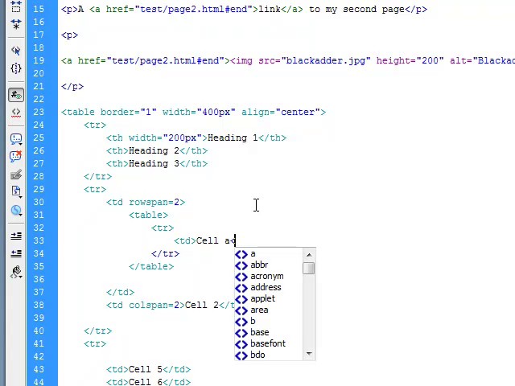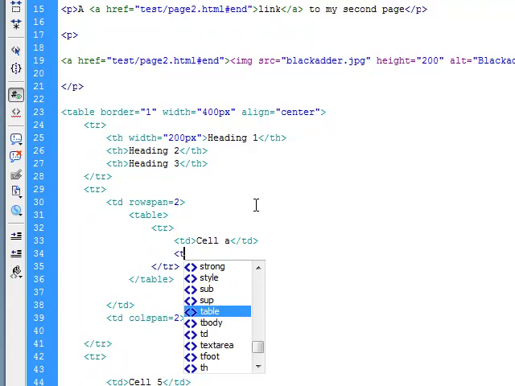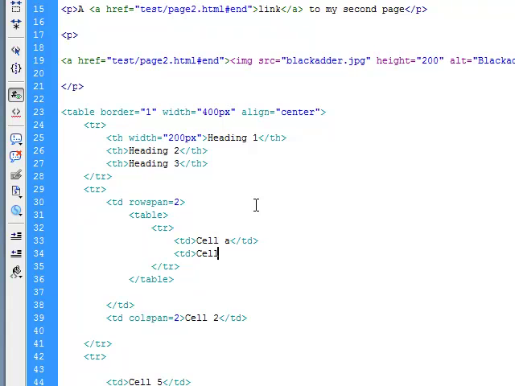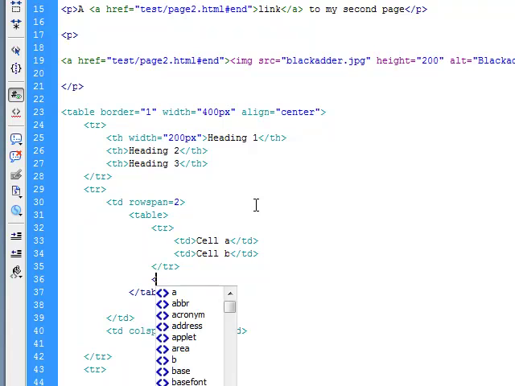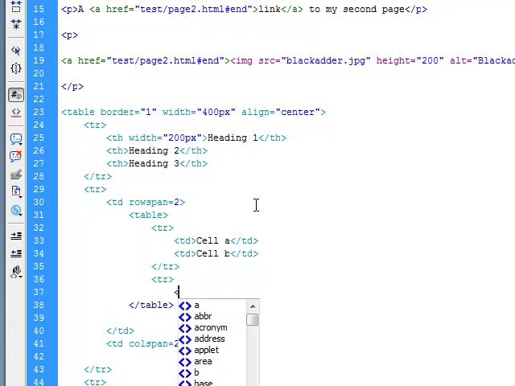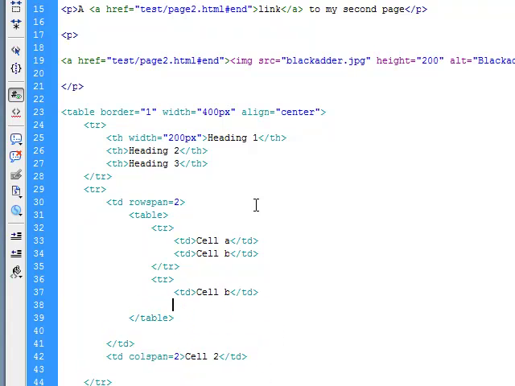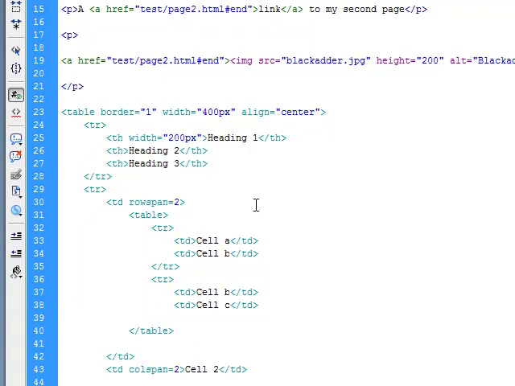So we're going to have cell A and cell B on the first row, and then in the second row we're just going to have cell B and C. And we therefore just need to close the row. And if everything's gone to plan,